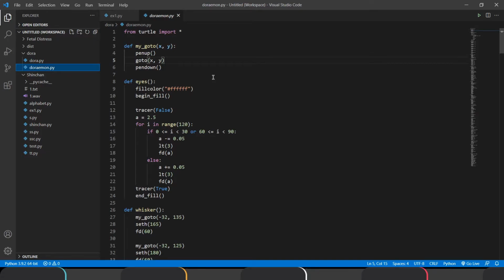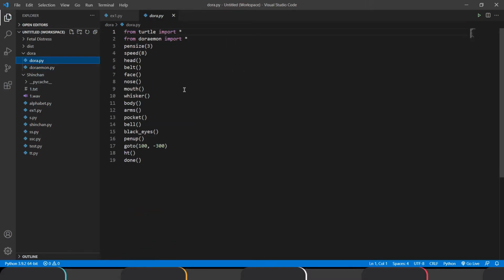It is very complex to take two files, and they should be in one folder, and you should import the Doraemon.py file into the main file Dora.py, then access it, and then compile Dora.py. So here we need to use two files, right? Sometimes, to a non-programmer, or a person who has no knowledge about these modules, it will be complex for them, right?